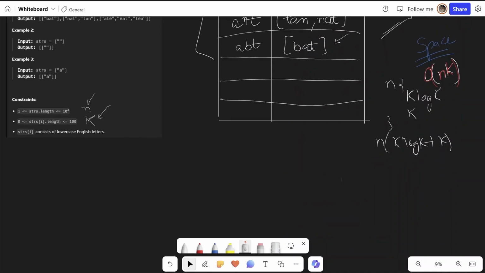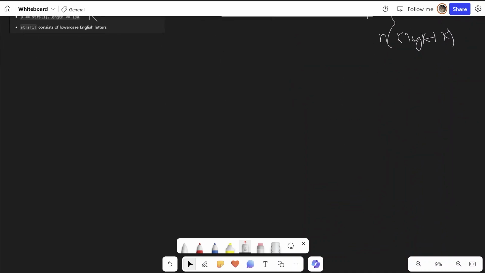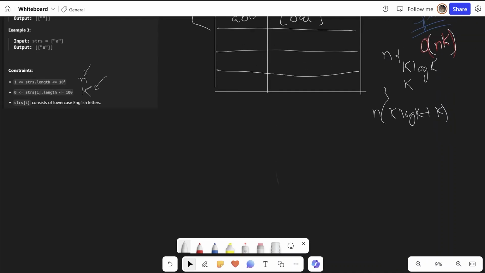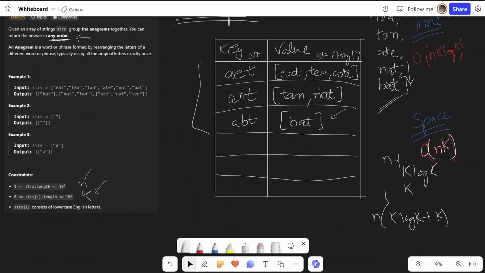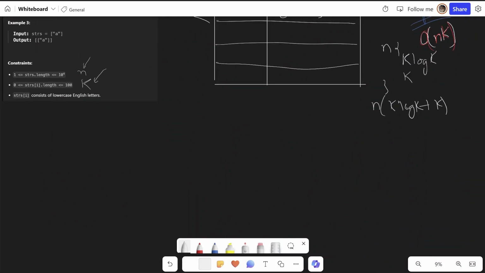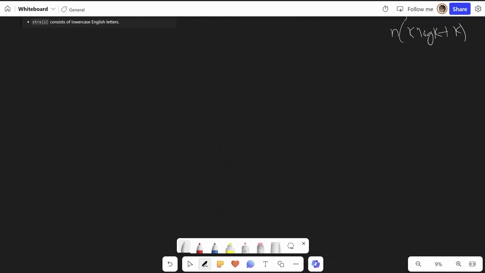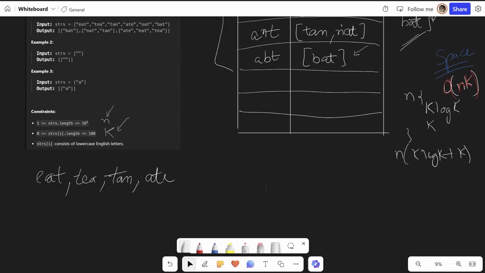So instead of doing something like this, for each string, let me just retake the first example: eat, t, tan, it, what else, nat and bat.